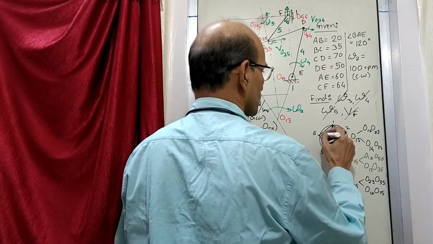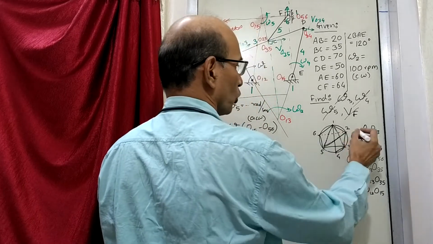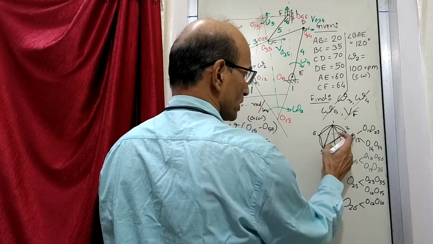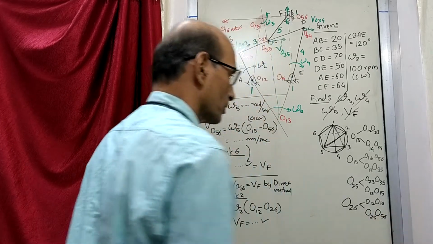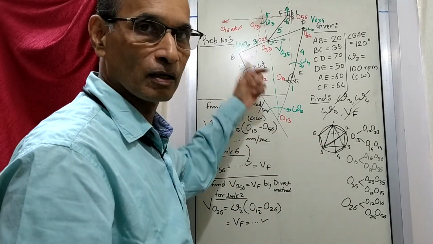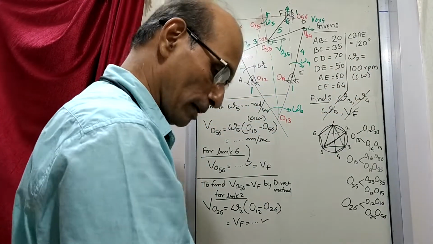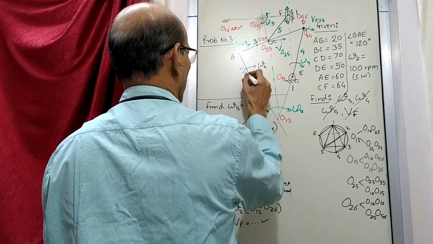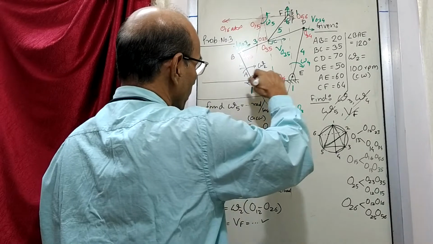Now let us think of 2-6. So I26. How do you get I26? It is 1-2 and 1-6, then 2-5 and 5-6. So 1-2 and 1-6 you have to join. Now 1-2 is here. Where is 1-6? 1-6 is at infinity there. So from this you draw a line passing through 1-2, a line which you will draw like this. This line has come from 1-6 and it is passing through 1-2.